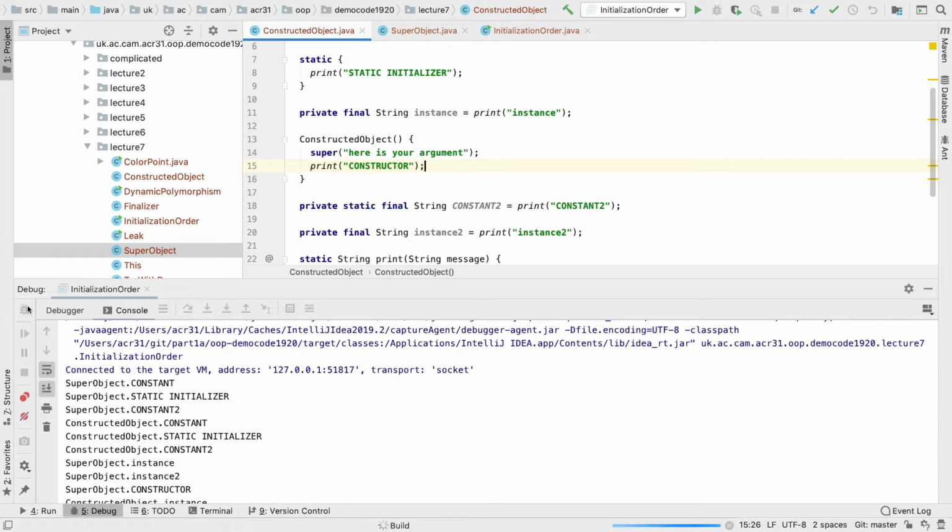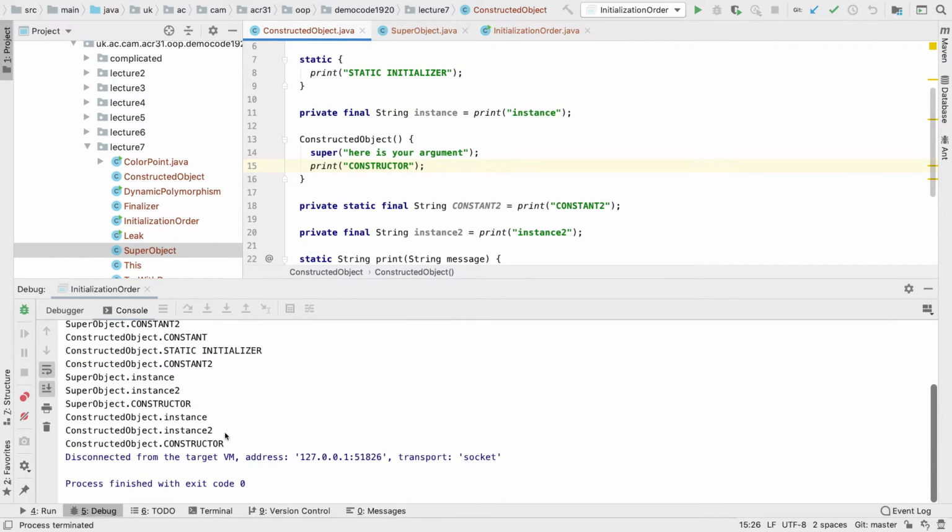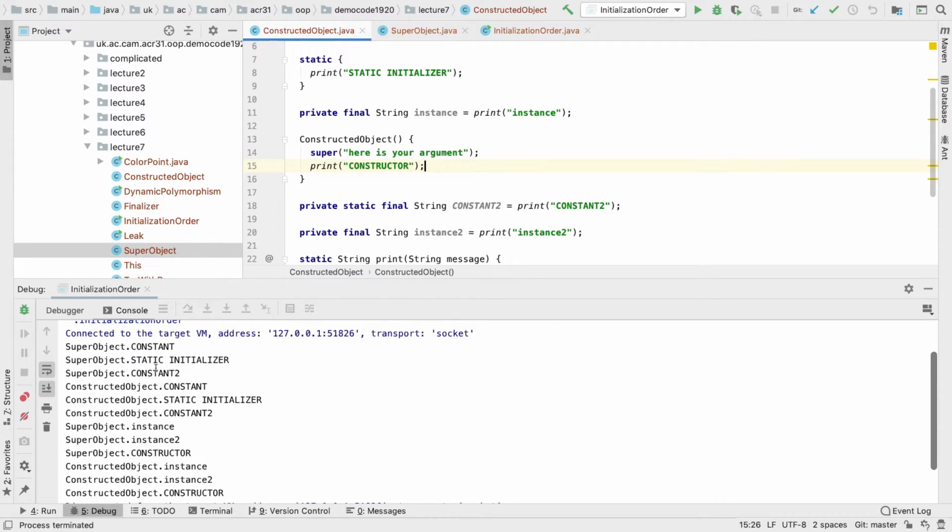So this is all fine. It'll print the same stuff, right? So first of all, it creates the class, needs the superclass first, initializes all of the static things, then it creates the super object, initializes the fields in the constructor, and then all the way down. So here's the gotcha,